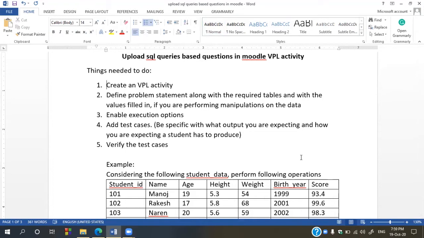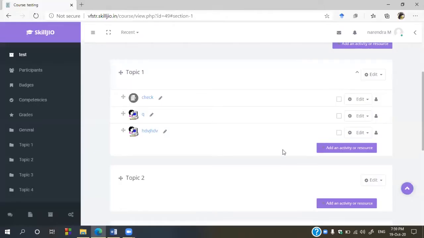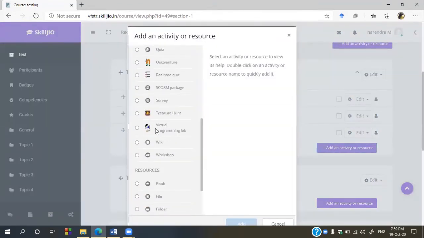Okay, first let's get into the Moodle platform. So this is my course. As I said, the first step is to add an activity, a VPL activity.